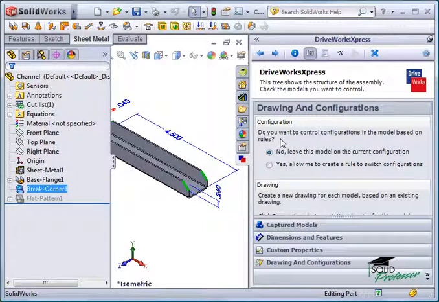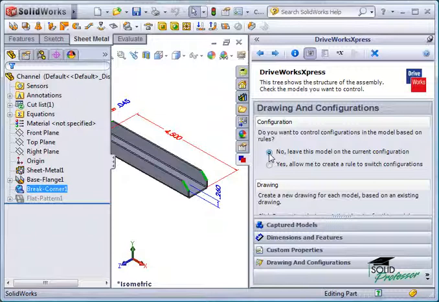material activate upon creation. However, I don't have any configurations besides default for this part, so I'll answer no to this question. But I will show you how to create the form input and rules, which can be easily applied to configurations. One note when creating the form for configurations is that the configurations must already exist in the part or assembly, and you must input the exact configuration names, or else SolidWorks will not be able to link them